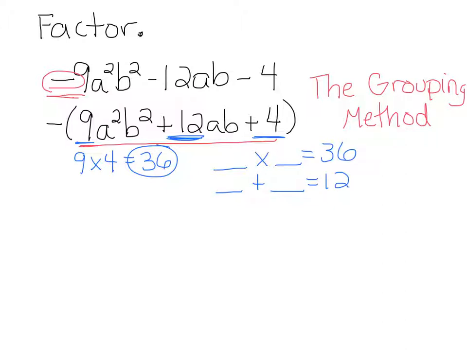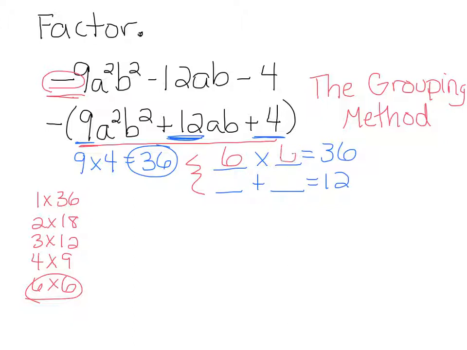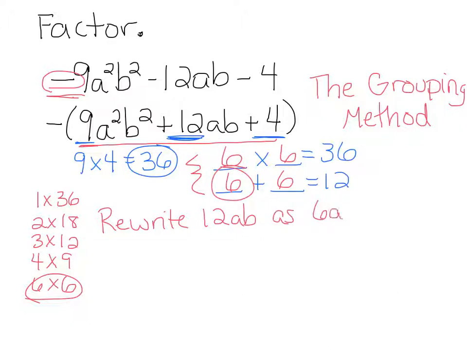If you don't know right away what two numbers would satisfy this, then write every pair of numbers that multiply to give us 36. We would have 1 times 36, 2 times 18, 3 times 12, 4 times 9, and 6 times 6. The pair that satisfy these conditions here are 6 times 6. Now we're going to rewrite 12AB as 6AB plus 6AB, using those two numbers that we found in the previous step. So we have